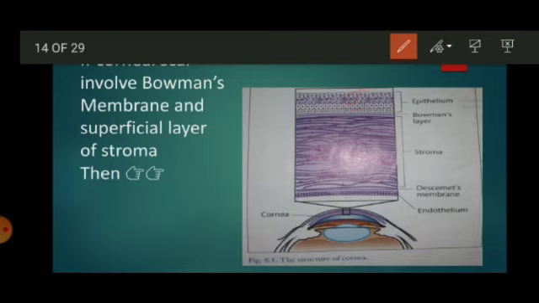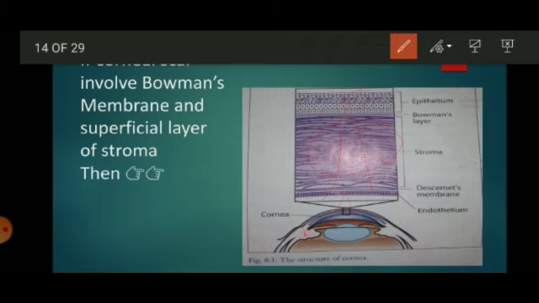Inflammatory mediators may even move forward towards the iris and ciliary process and may lead to iridocyclitis. Even the inflammatory exudate, the fluid that is continuously released from the capillaries, may lead to the formation of fibrous exudate and may block the anterior chamber and cause secondary glaucoma. Even if the full thickness of the stroma is involved, the Descemet's membrane may be exposed from the cornea and lead to a descemetocele.